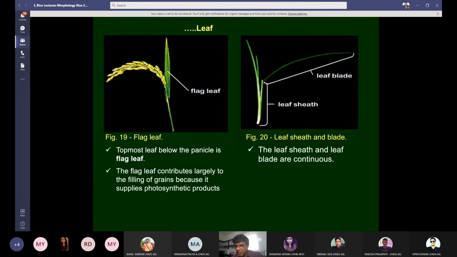In some varieties it may be 15 or 14, in some 20, 22, 18, 19, something in this range, but never 30 or 40. They go up to 22 or 23, and on average 15 to 20. Leaf number is very much fixed with the varieties. Leaf number, leaf size, leaf color, most of these characters are largely governed by genetics or varieties.